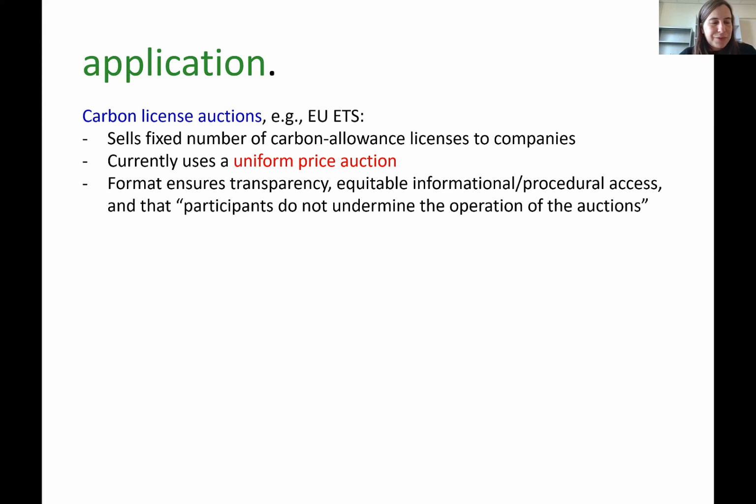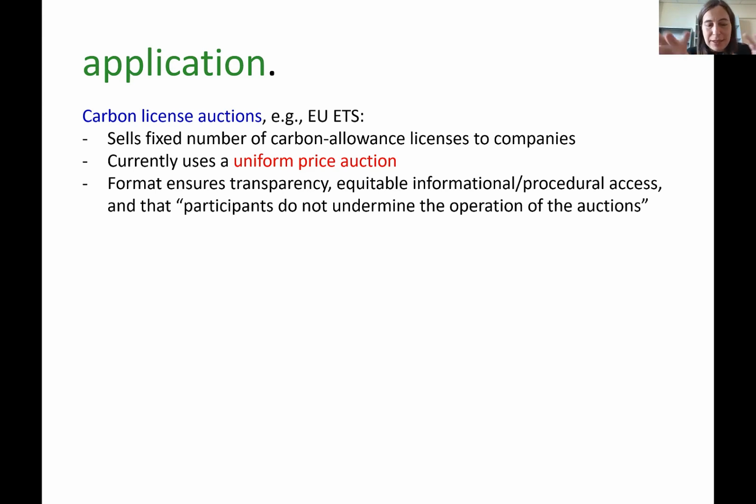And one of the things that came out of this was thinking about how we could allocate the right to pollute, and there are many ways that are currently in use in practice. How do we know that these rights to pollute are being allocated to the companies whose pollution is the most efficient for society? And so these allocations are currently run through auctions. So an example of this that you can keep in your mind, we read up a lot on it, is the EU ETS, which sells carbon allowance licenses to companies.